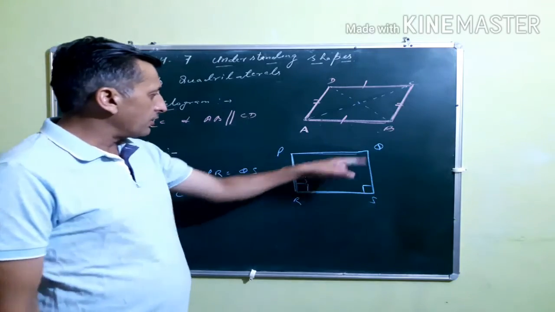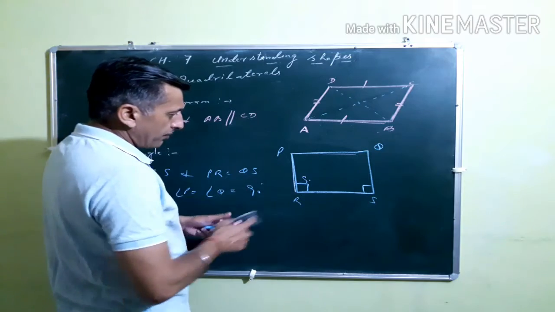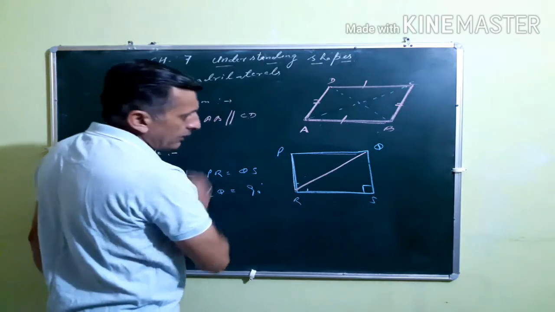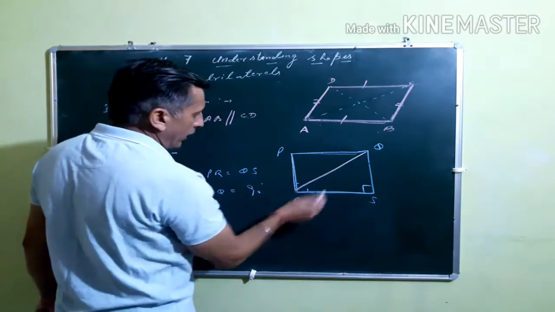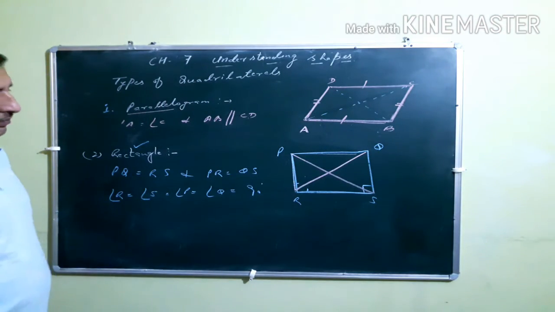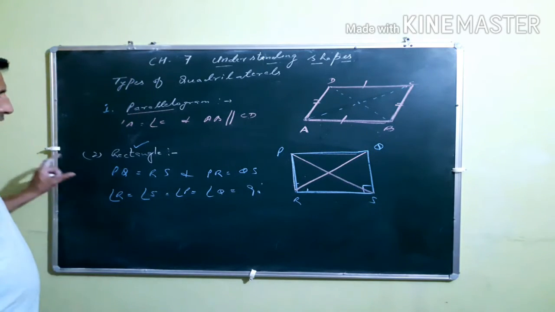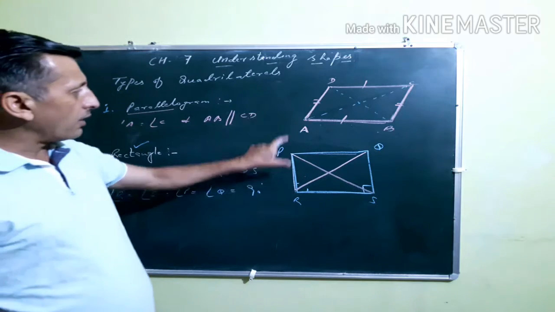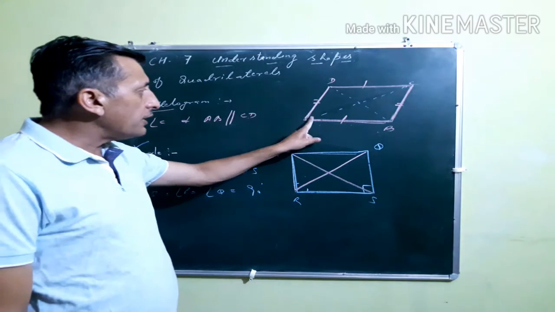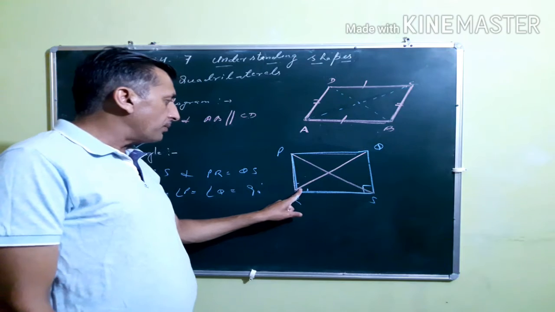And moreover its diagonals. See, this is your diagonal. I am going to draw here. I am going to use this red color for the diagonal so that you can understand easily. This is the first diagonal. This is called the RQ diagonal, and this is your PS diagonal. Once again they bisect each other. That's all. So this is the part on your rectangle. Every rectangle is a parallelogram, but every parallelogram is not a rectangle, because its each angle is not necessarily equal to 90 degrees. But it is a very important concept.